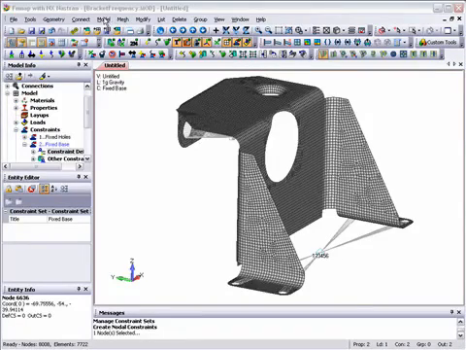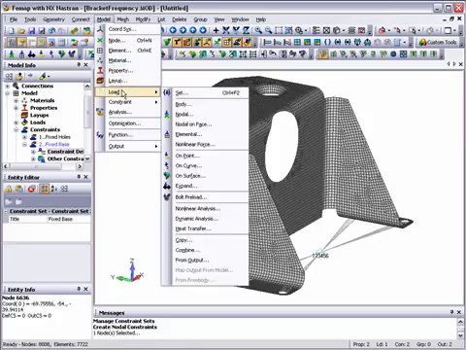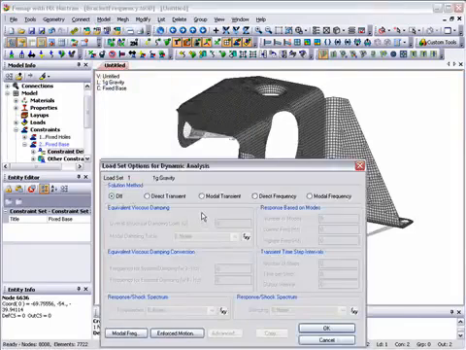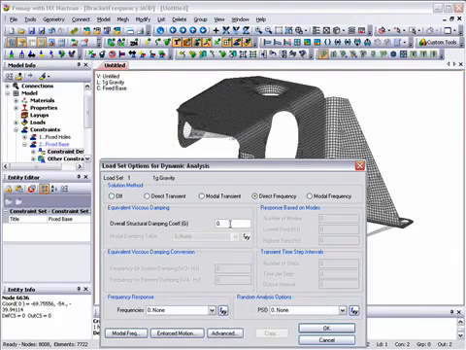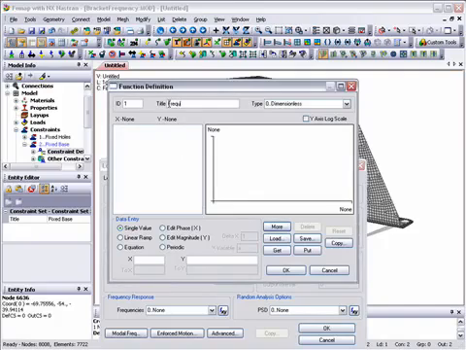Next, we'll set up the dynamic loading definition. We'll be running a direct frequency response analysis and we'll set an overall structural damping coefficient of 0.1. Now we need to set up a function to define the sweep of base excitation frequencies that will dynamically load the model. In the first definition, we set a general range from 0 Hz to 50 Hz in 5 Hz